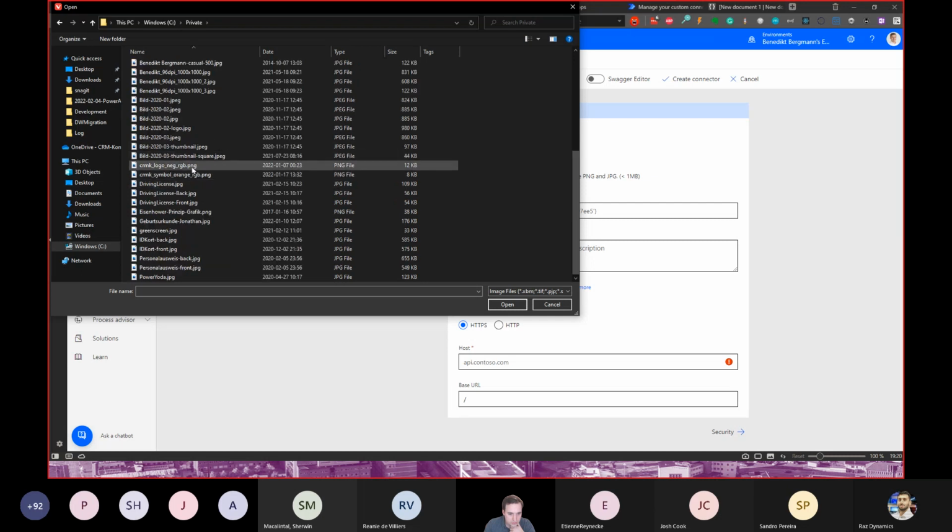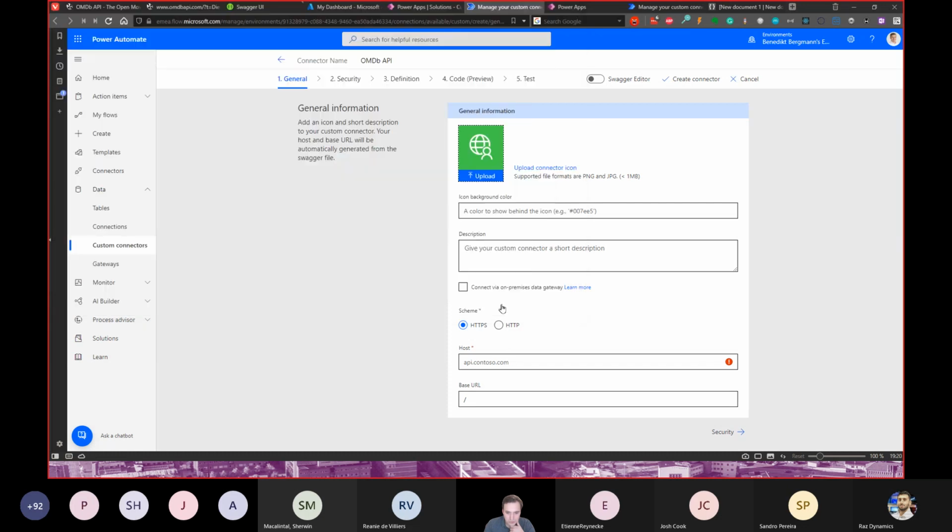Let's take just our company icon. Here I sometimes have problems saving that one, but we'll try. Then you can define a background color for the icon. It's a hex, CSS, or HTML normal color coding. So we will take maybe just white. You can give some description, custom connector for OMDB API to get